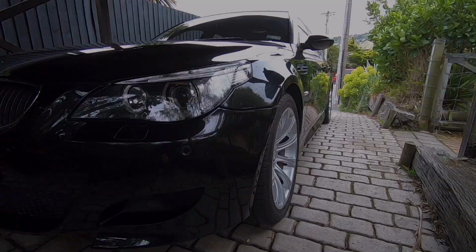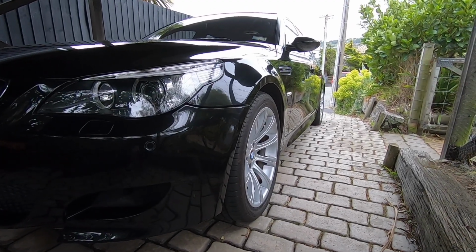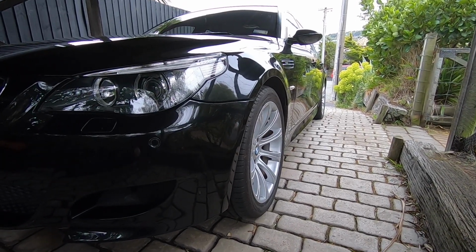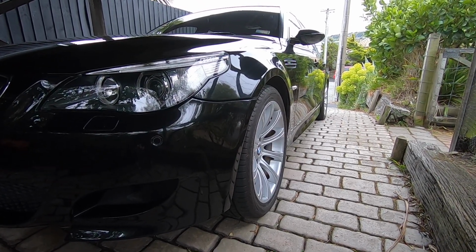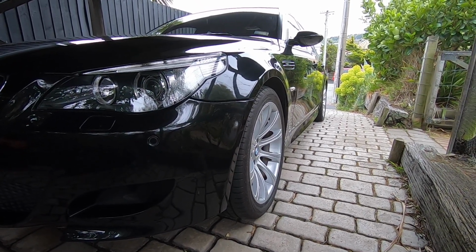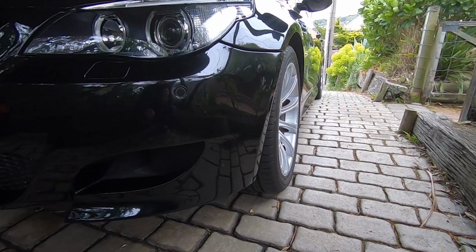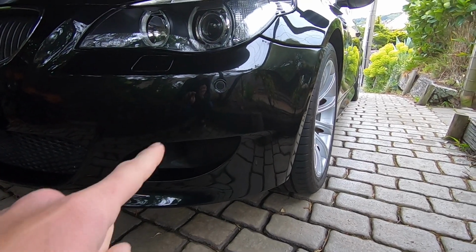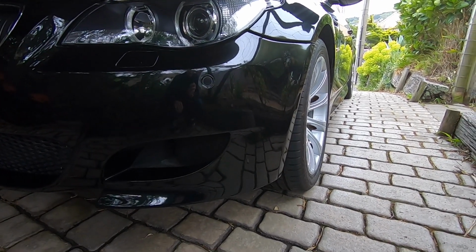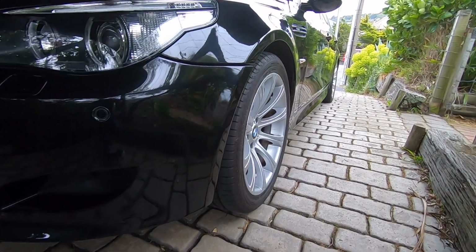special. Alright, so to the untrained eye, from the outside, the car doesn't look that far removed from a regular E60 that has the M Sport package, but there are a few subtle differences, them little differences that make this the E60 M5. So if we start down the front here, you can see we've got these large air scoops, no fog lights on these cars, just got the large scoops, and that's for the brake cooling. There's some ducts there running through to the front calipers, and then as we move round to the front fenders,